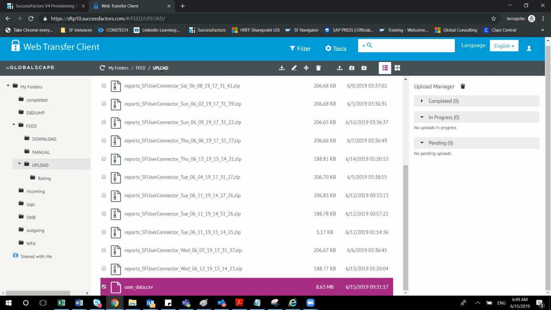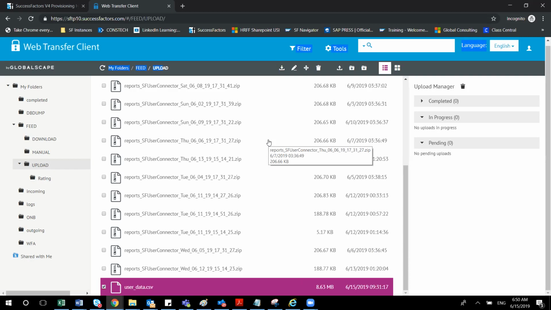That is the overall concept. But there are also upload options here. This is exclusively for the user connector, but for all other connectors, like learning history or if you have some other data, you have to manually prepare a CSV file. In that case you will be uploading it. There is an upload option directly. You can directly upload this file here in SuccessFactors LMS, so that the history connector or whatever connector you are using, if you schedule that, then that file will be automatically taken from SFTP. That is the overall concept here.